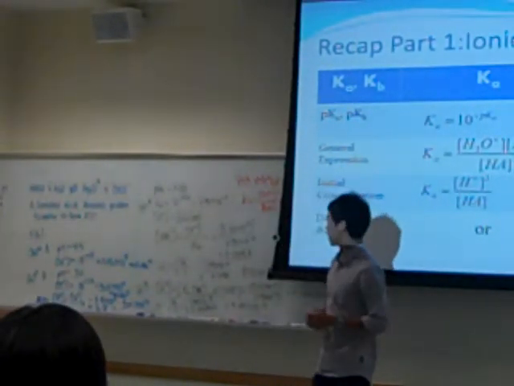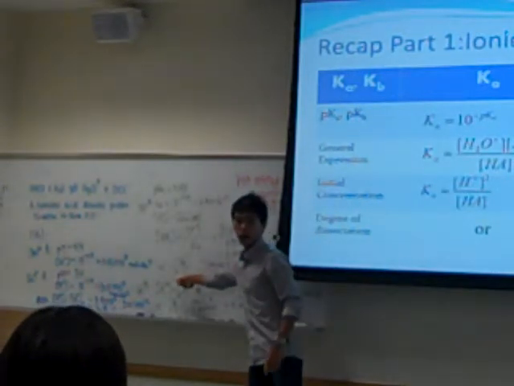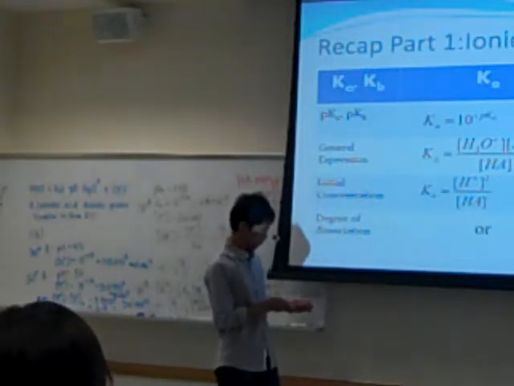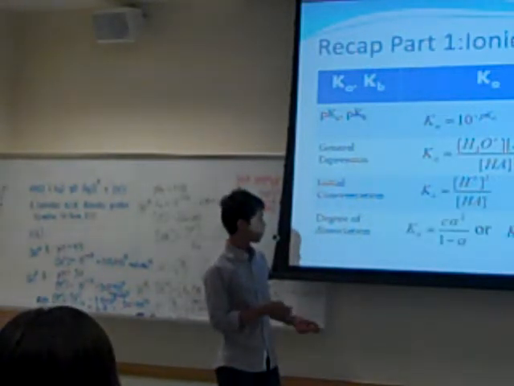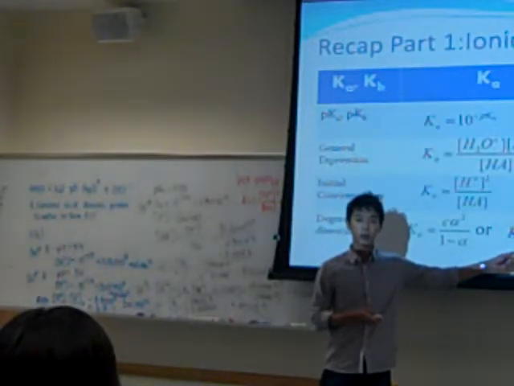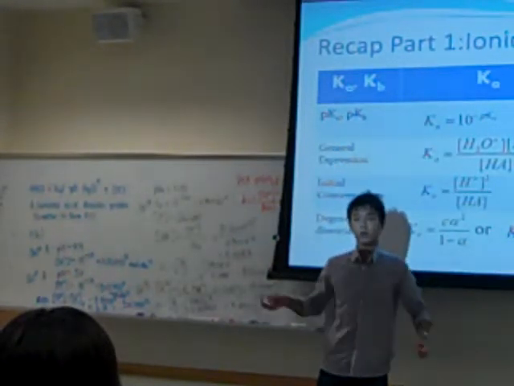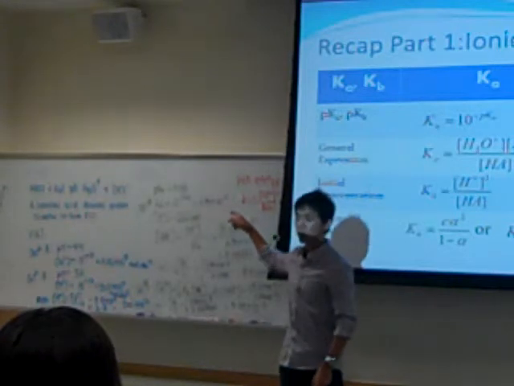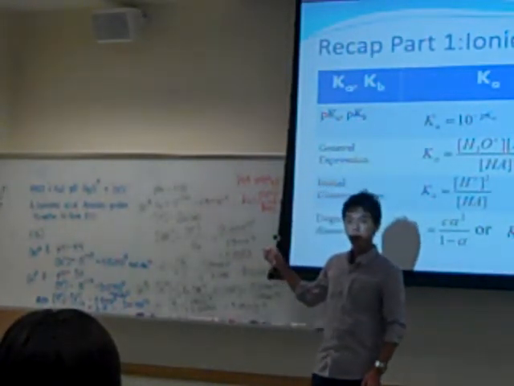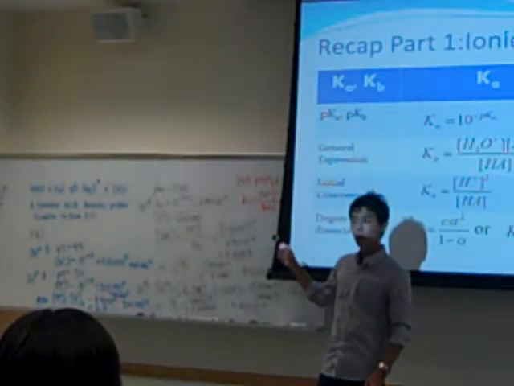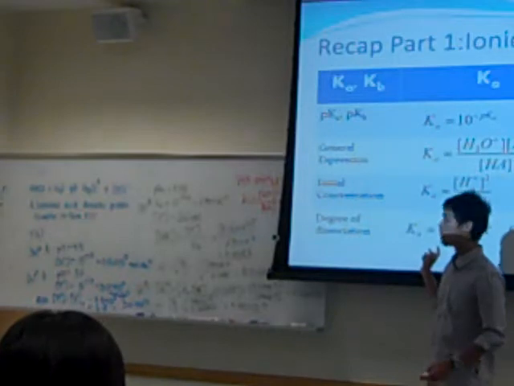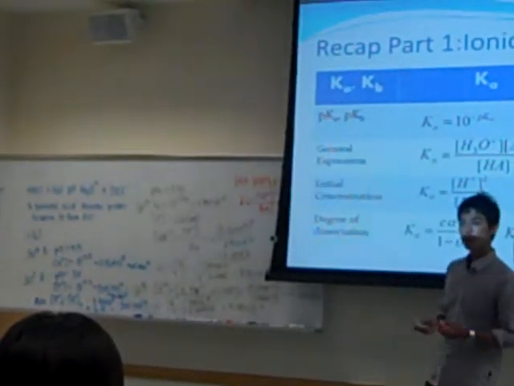And then when we calculate the degree of dissociation alpha, we are making use of this particular expression. Why do we make use of this particular expression? Again, because from the earlier calculation, we already see that this is actually a very weak acid. And what is one other assumption that we have to make by using this?